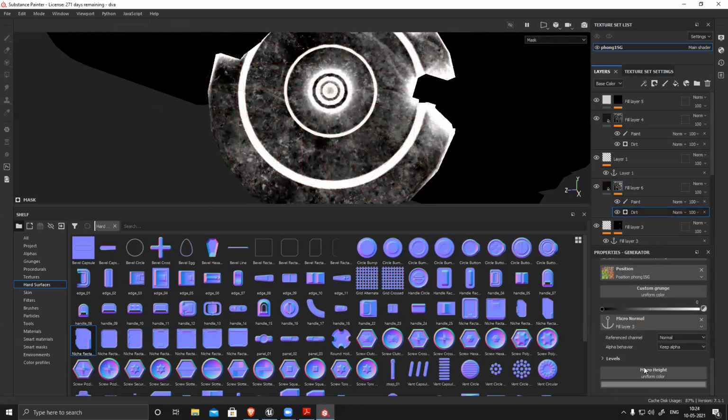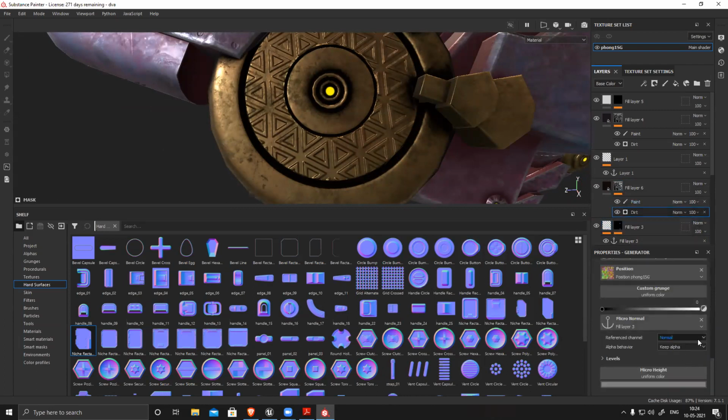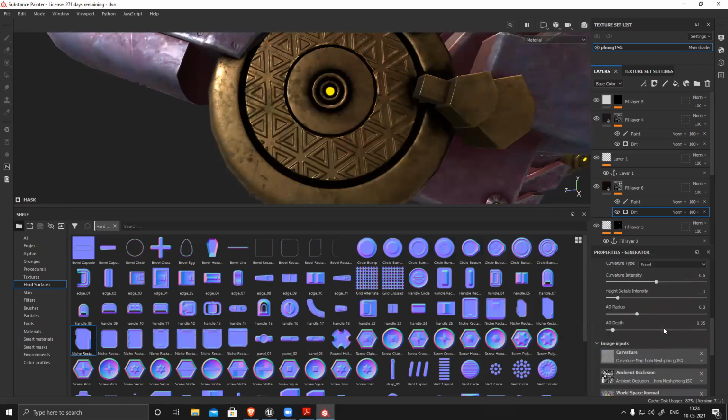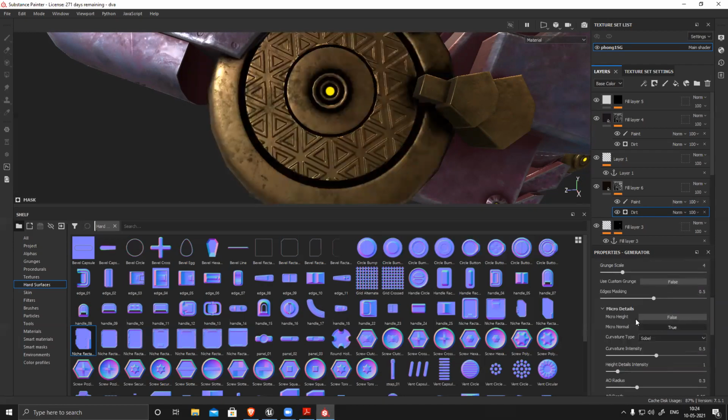So I can see, was it a normal? Oh, it's a height. Oh, my mistake. It was a height. That's why it's not working. So go here, remove this, go to height, anchor point, layer 3, choose height. But nothing happens because my height is not activated. Wait, where is my generator? Normal, switch it off, switch on your height.